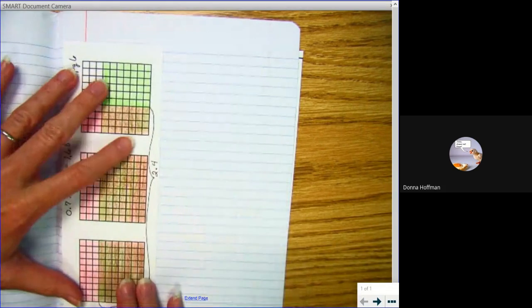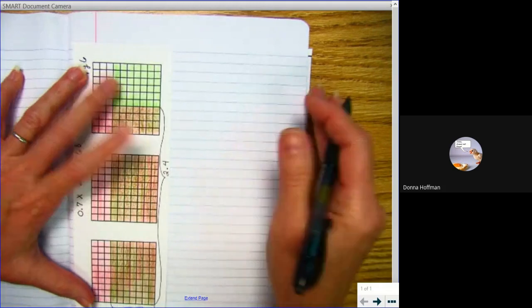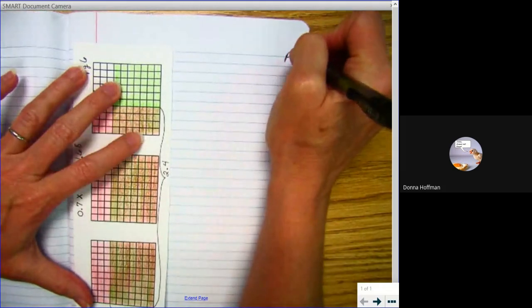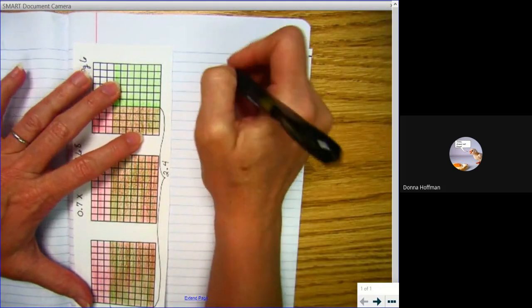So for modeling it, if I put this on the page and glue it in, oh, this is page 6, by the way, of your book. So I have